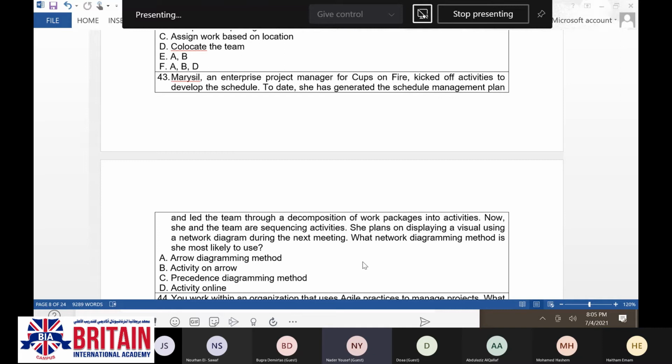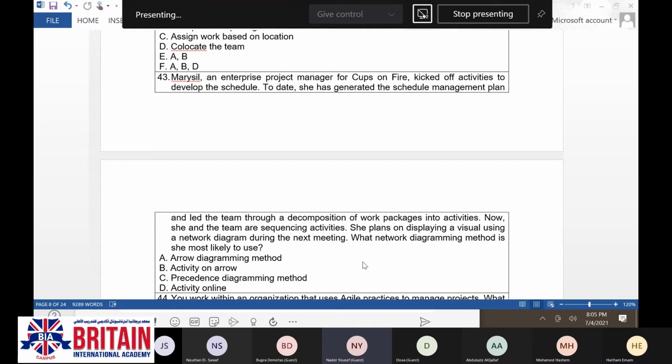Marisol, an enterprise project manager for Cups on Fire, kicked off activities to develop the schedule. To date, she has generated the schedule management plan and led the team through decomposition of work packages into activities. Now she and the team are sequencing activities.